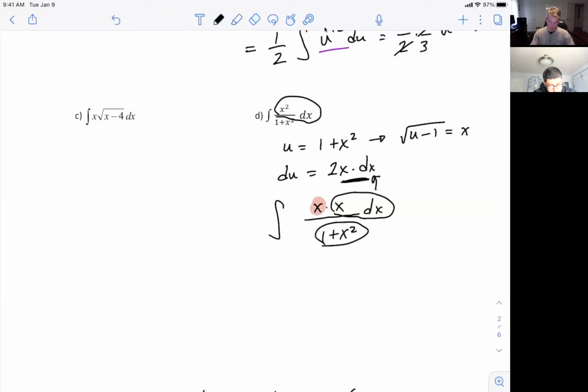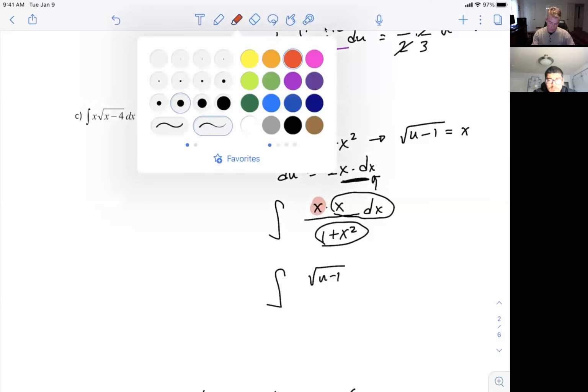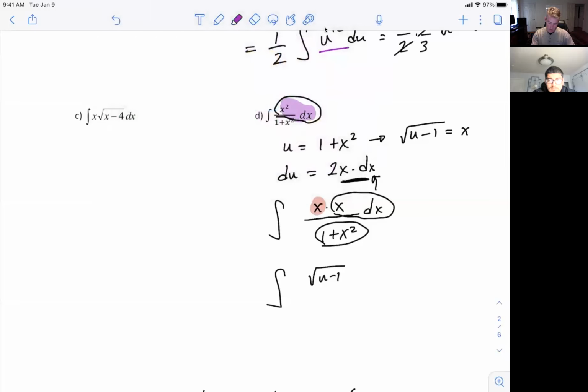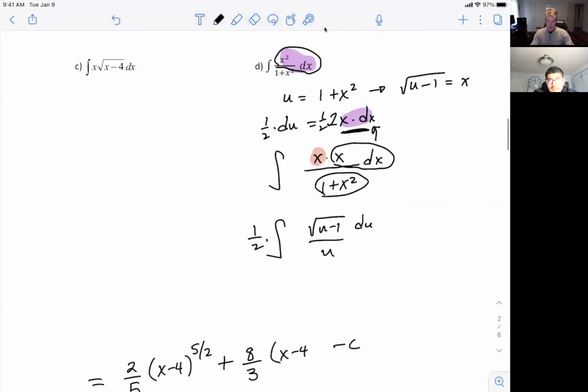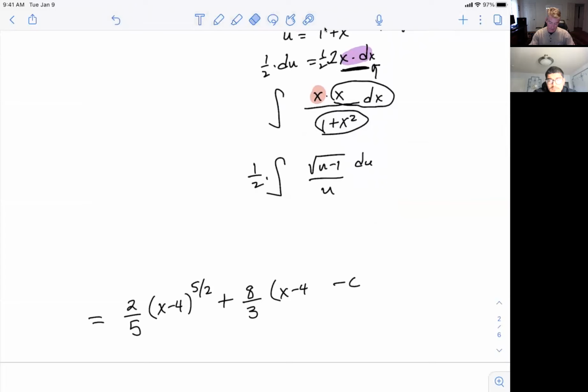So it seems like it's going to work out. But then when you replace this red x with the square root of u minus 1, and then you have to replace the x dx, which is in purple right here, you need to multiply both sides by 1/2. So that would be 1/2 du. And then the bottom part gets replaced with u. And then that integral right there,